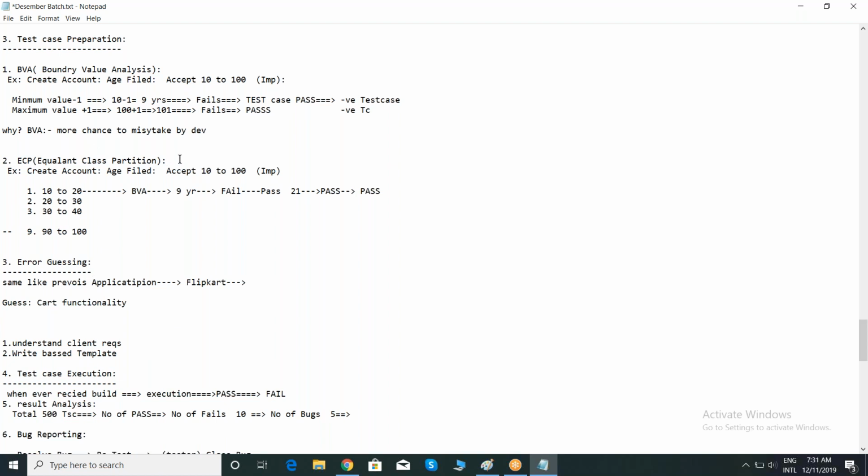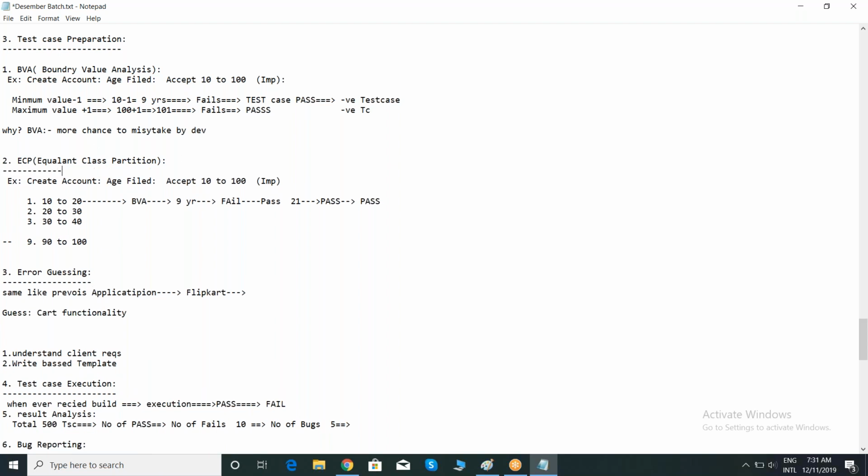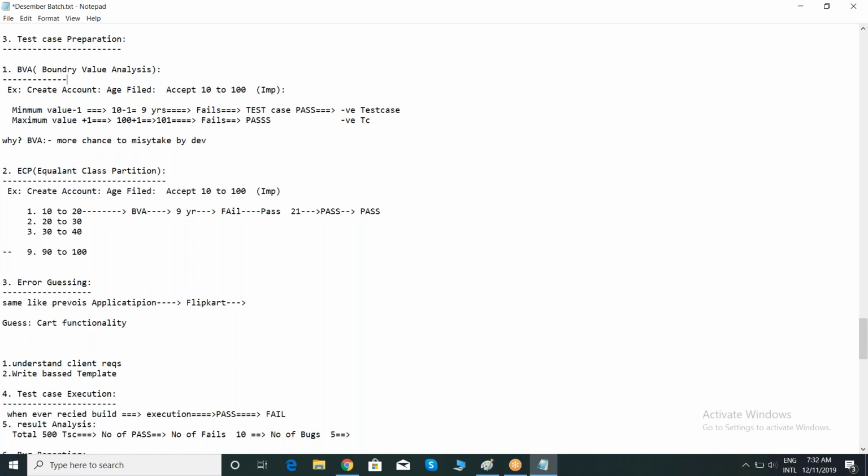You are guessing where errors may occur in this particular application, because you have good experience and struggled a lot with cart functionality. That's why you can guess your upcoming issues with the new application, which is implemented on top of